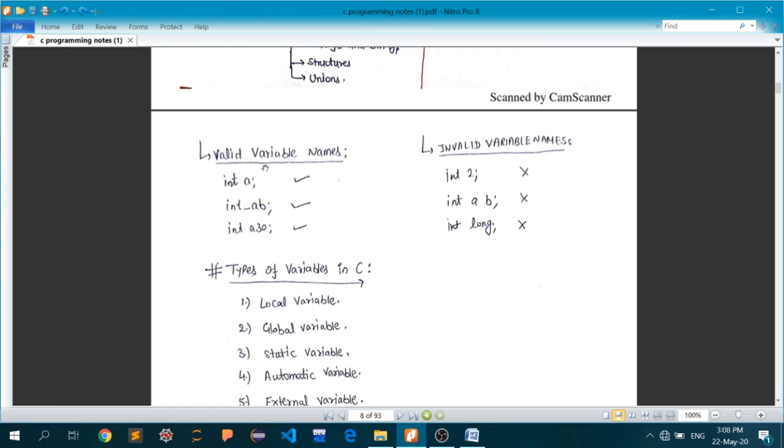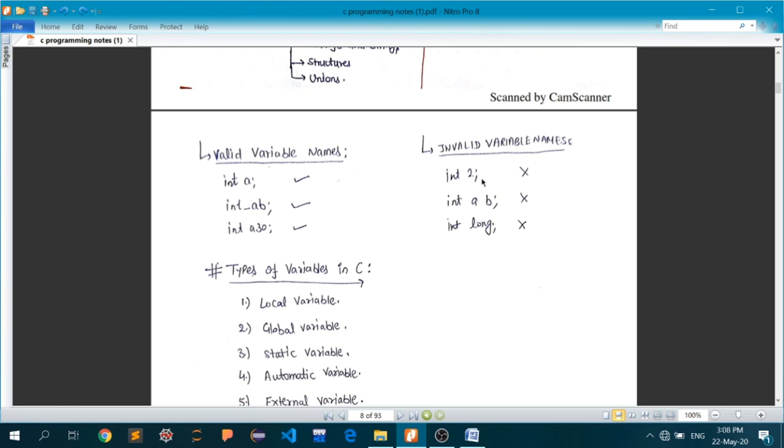Now we have a few examples here. You can see the valid names of variables. We discussed the rules for constructing valid variable names in the last lecture. So you can start with an underscore. It could be alphanumeric, but there cannot be any special characters, and it cannot start with a numeric itself.